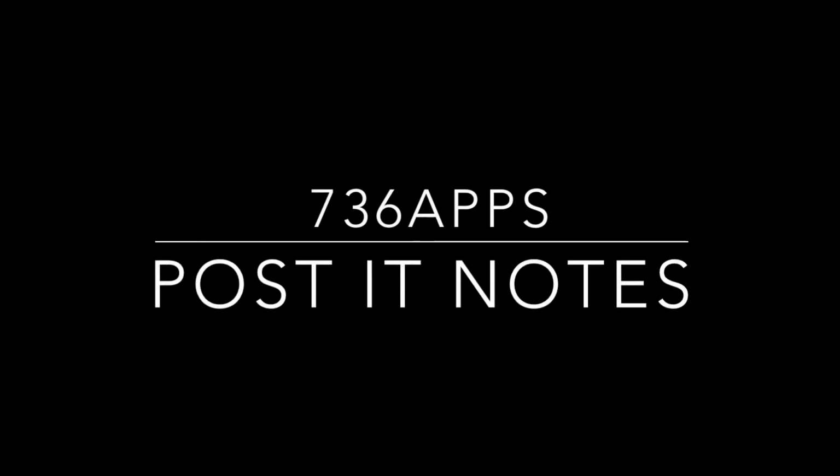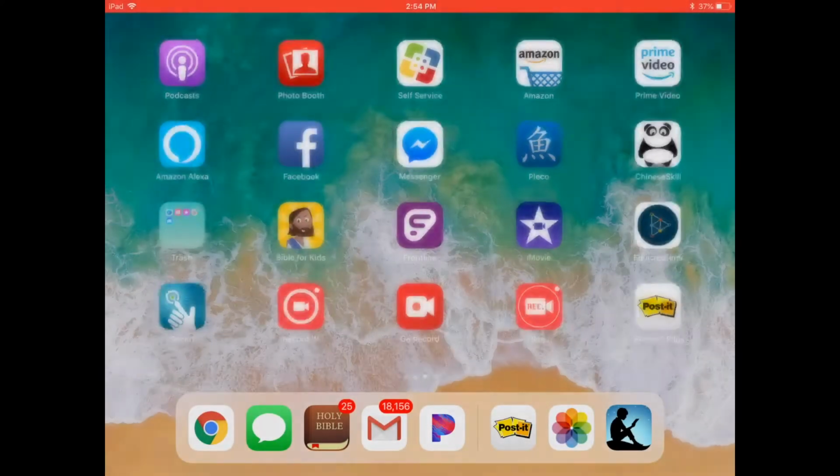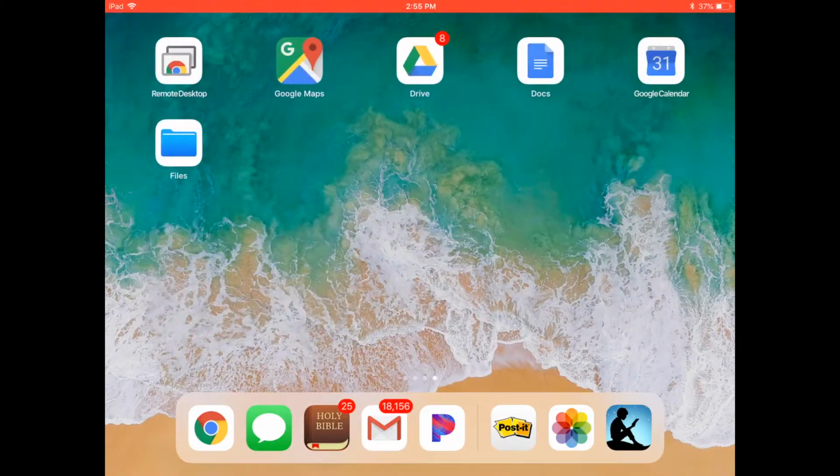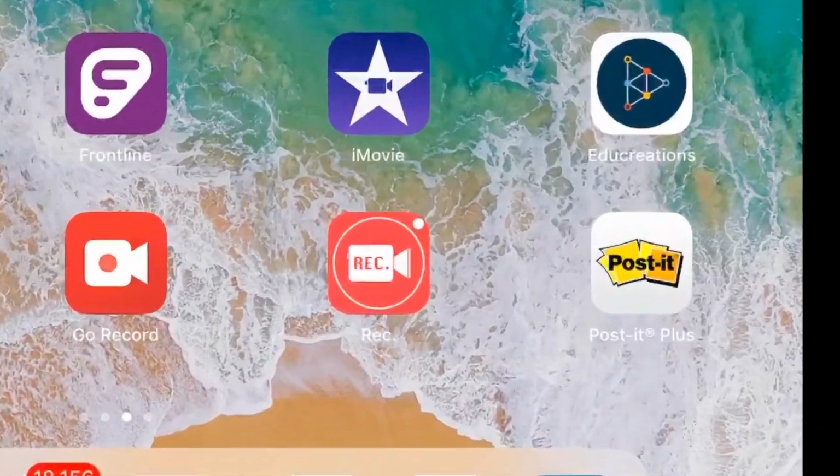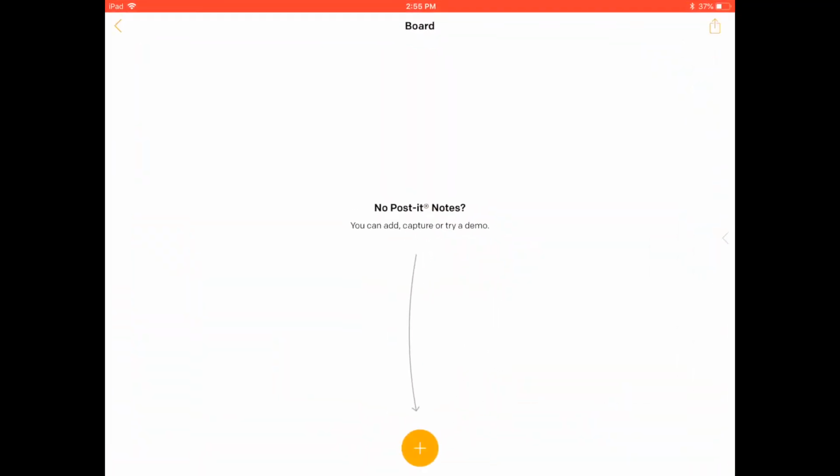Welcome to 736 Apps. This one is going to be about the Post-it Note app. The Post-it Note app is, well, you've guessed it, about Post-it notes. So when you take a bunch of notes in a group on Post-its, you can take a picture with this